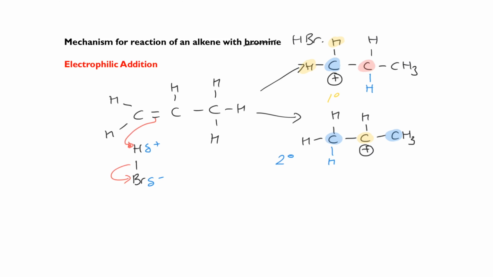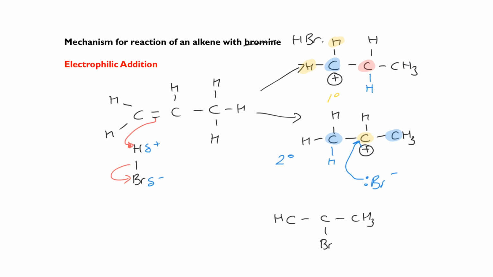So this secondary carbocation has got two alkyl groups. These have the positive inductive effect which help to stabilize it. So this is going to form the major product. Okay, so then the bromide ion from earlier, the curly arrow goes specifically to this carbon atom, and then that's going to form our major product, which is going to be